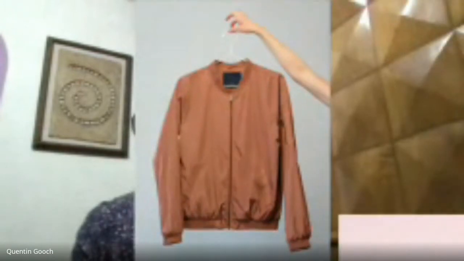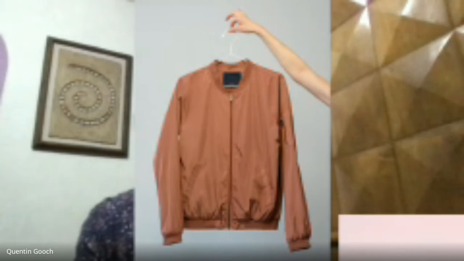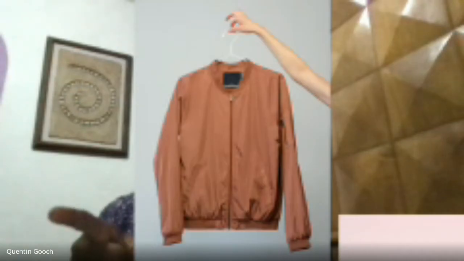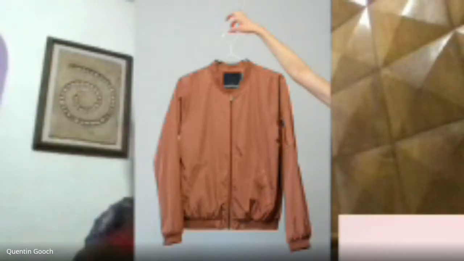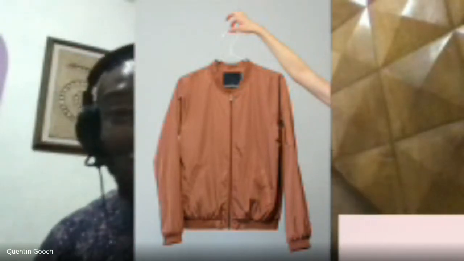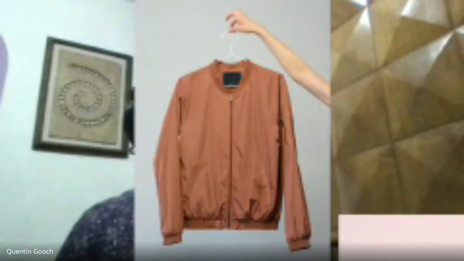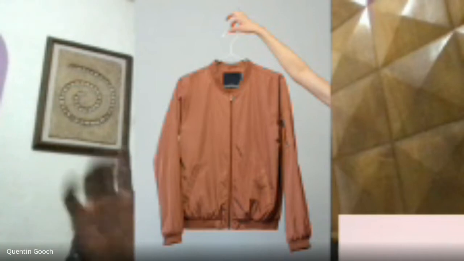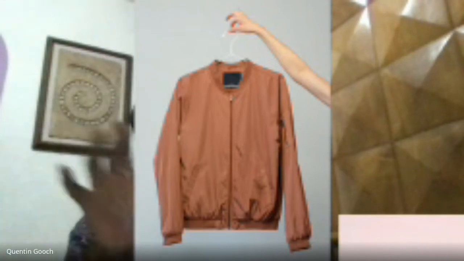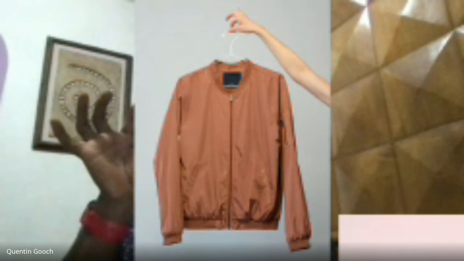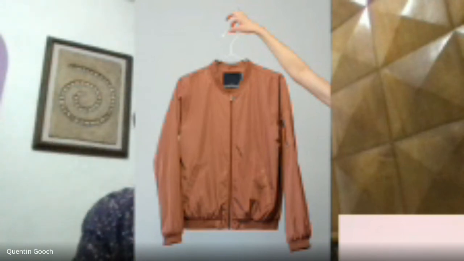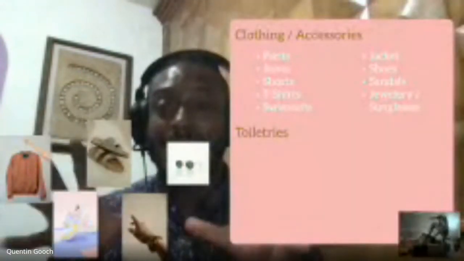And then now this. What is this one? This is something a little different. It's not quite a coat, but a little bit different than a coat. A jacket. Yes, a jacket. High five for knowing that one. We have coats, and jackets are a little lighter, not as heavy as a coat. So you can wear it when it's not as cold.